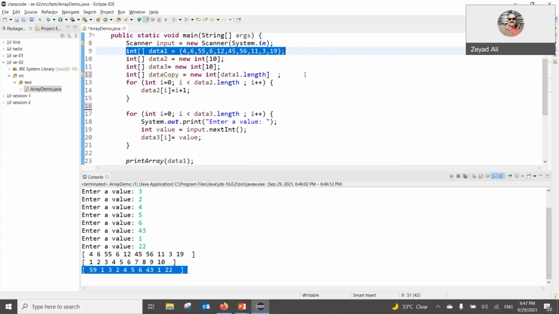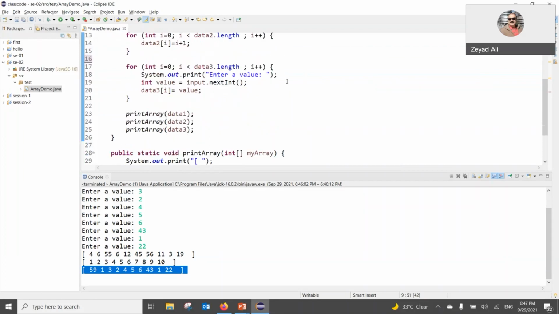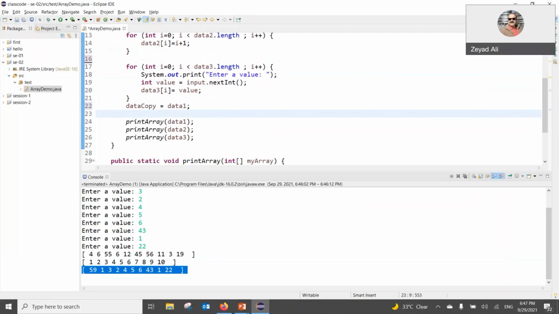The question says copy the data. Actually, copying the data is not going to be done this way. You're not going to say data copy is equal to data 1. This is not a copy. If you do it this way, you are not copying the array, you are referencing the array. No new array will be created in this way. Both arrays will be using the same memory locations. To make this problem visible,